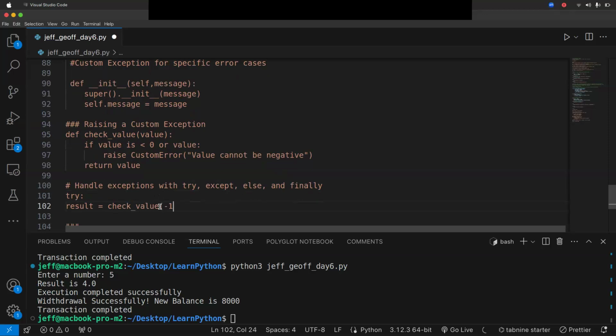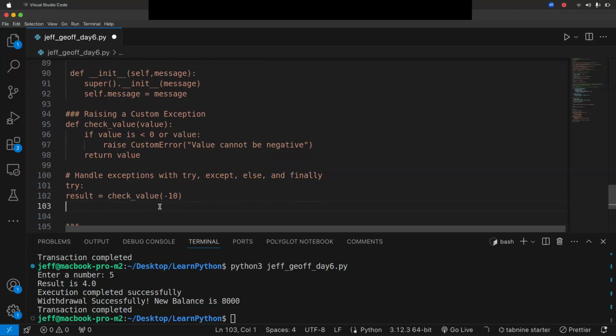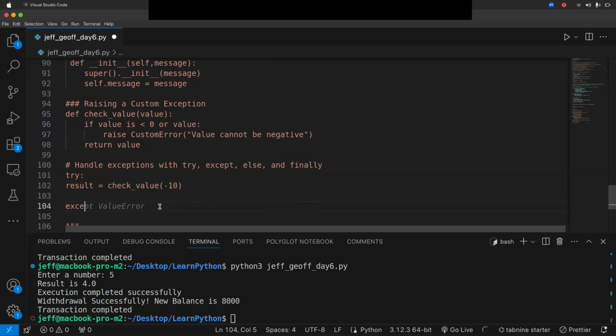If it is -10, that is a negative exception, cannot do that. Then the except can be a custom error as e for exceptions.